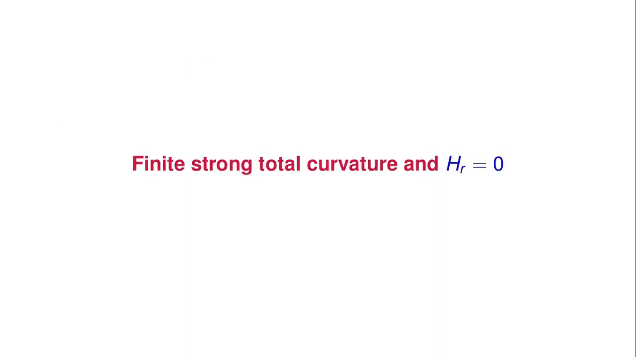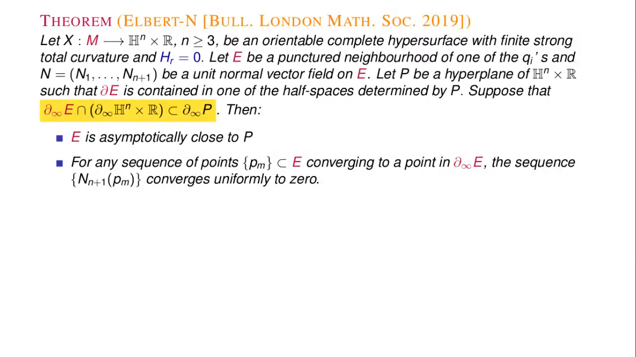Now, we assume that H_r is 0, and we get something more. So let me state the theorem that is a little bit more involved. We are going to say something about the ends of the hypersurface. The ends are neighborhoods of the points that are removed. We already know that the manifold is diffeomorphic to a compact one minus points. So we can take the ends, which are a finite number of ends. So we take an end of this